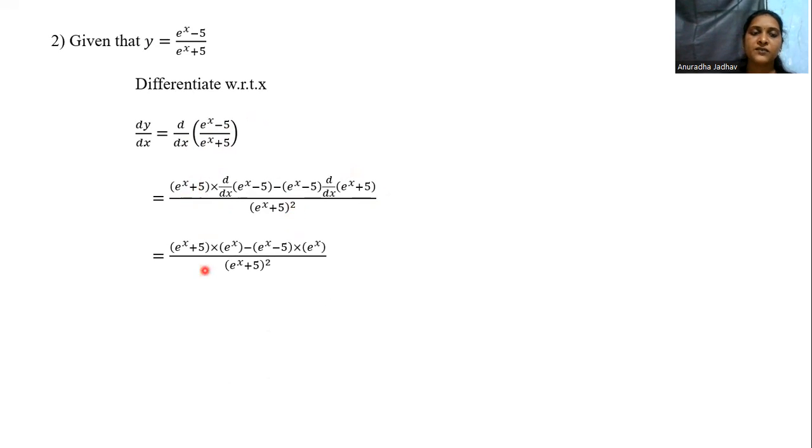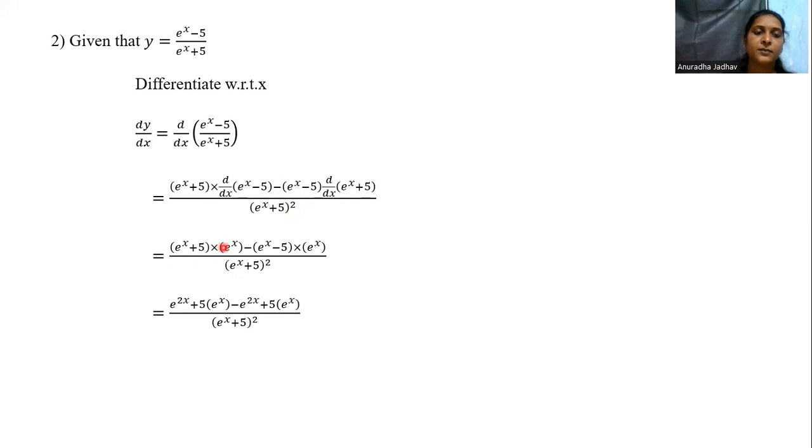Here e raised to x plus 5 as it is, the derivative of e raised to x is e raised to x. The derivative of minus 5 is 0 because the derivative of a constant is 0. Minus e raised to x minus 5 as it is, the derivative of e raised to x plus 5 is e raised to x, and the derivative of 5 is 0. Denominator is as it is,